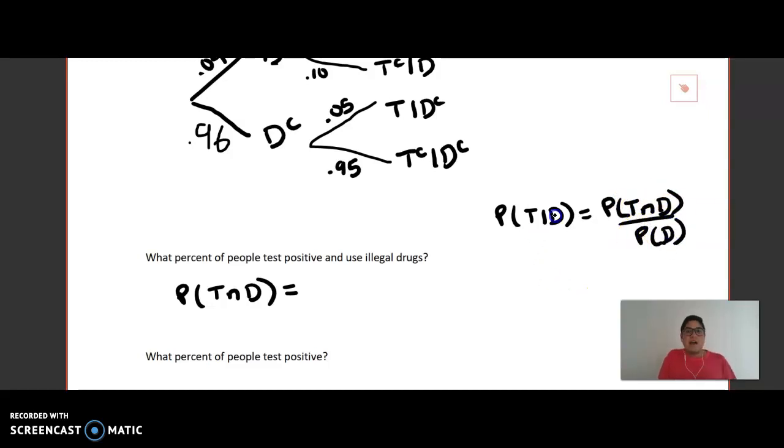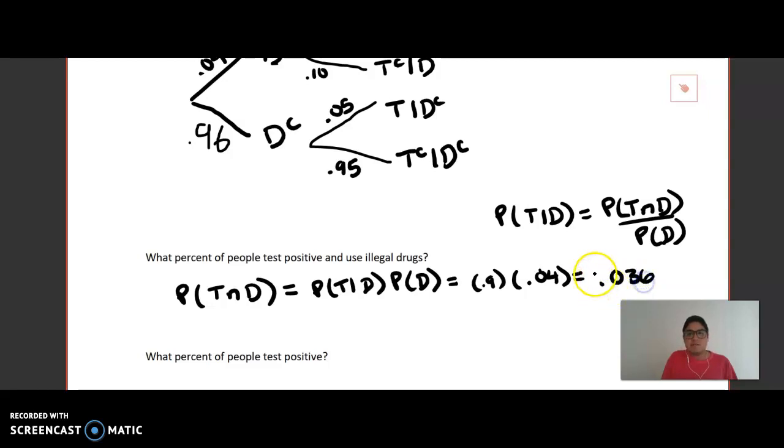So here I have 2 of these 3 events. So to find the probability they test positive and use illegal drugs, I'm going to multiply the conditional probability by the condition. So the probability they test positive given they use drugs is 0.9, and the probability that they use drugs is 0.04, which tells us that the probability that they test positive and use drugs is going to be about